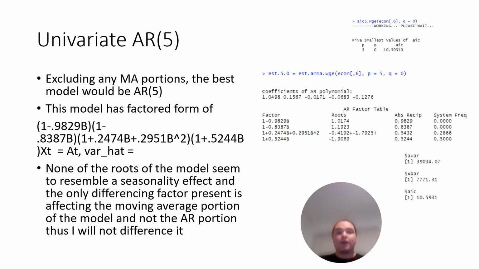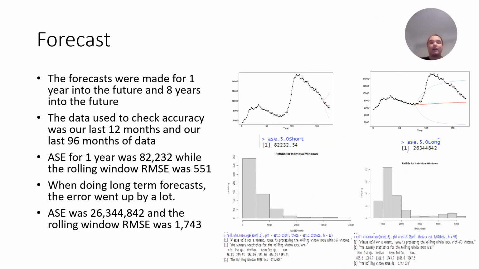Now, we wanted to try another univariate model, but this time just completely disregarding any type of moving average effect. And so an AR5 had the lowest AIC of 10.39. Now, this AR5, much similar to the ARMA 4,2 model, did not have any of its actual factor forms resemble a seasonal model, and thus we will not be proceeding once again with any type of seasonality or trying to stationarize the model. Now, as for the actual forecast,